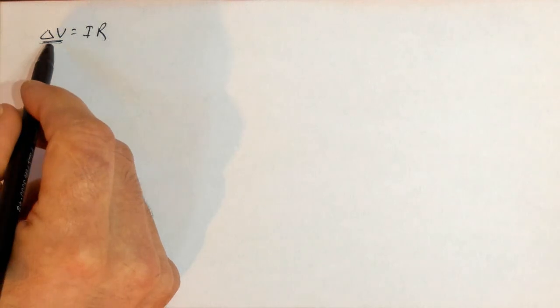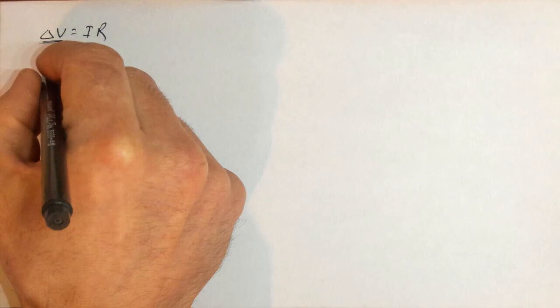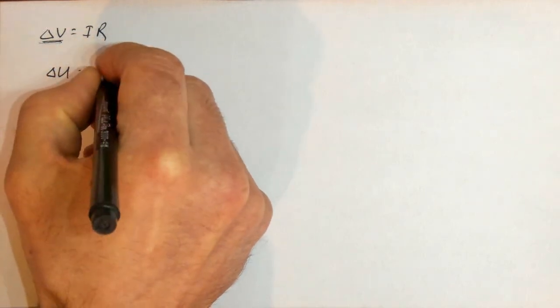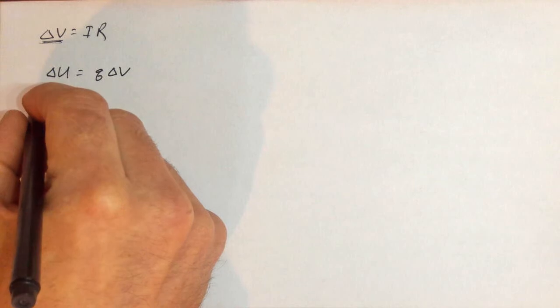That came from an electric field. Actually, I'm sorry, it came from potential energy. We had a change in potential energy was some charge times some change in potential. Okay, that's where our delta V came from. Well, what is the power